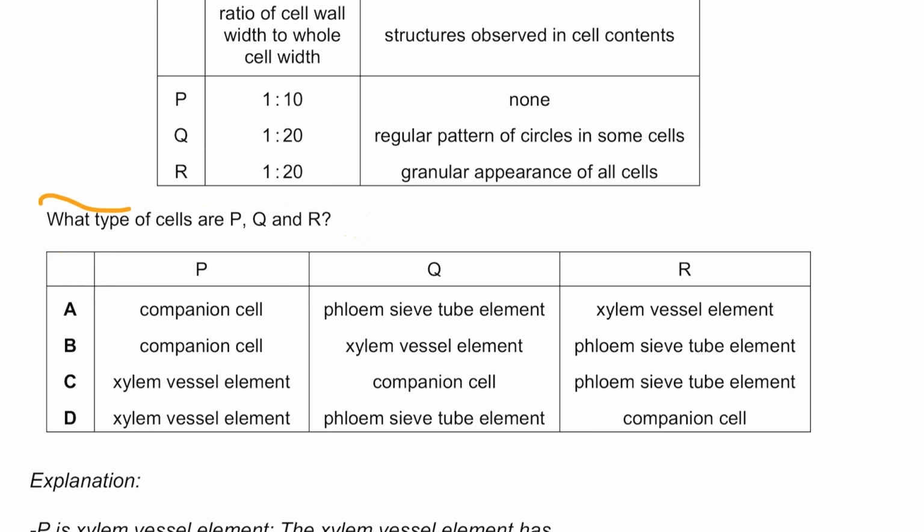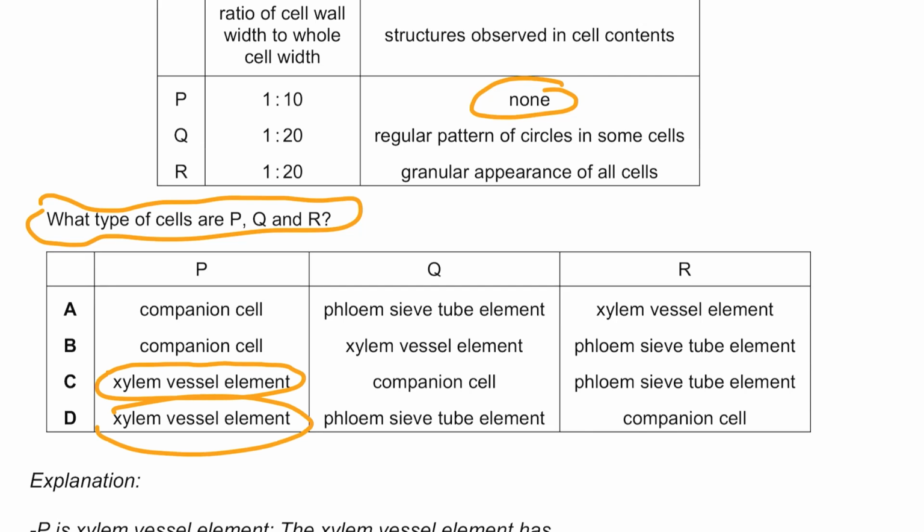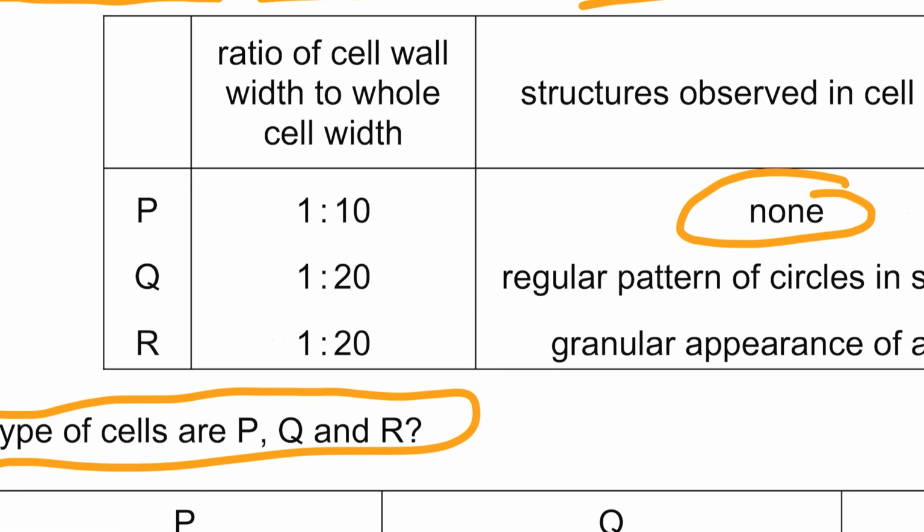So we can see that P has no cell contents. It means it's definitely a xylem vessel element. One more thing which will confirm that P is a xylem vessel element is that if we look at the